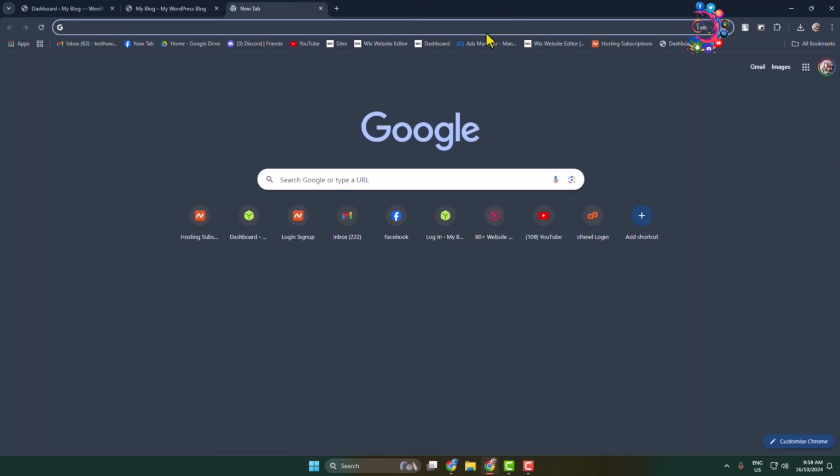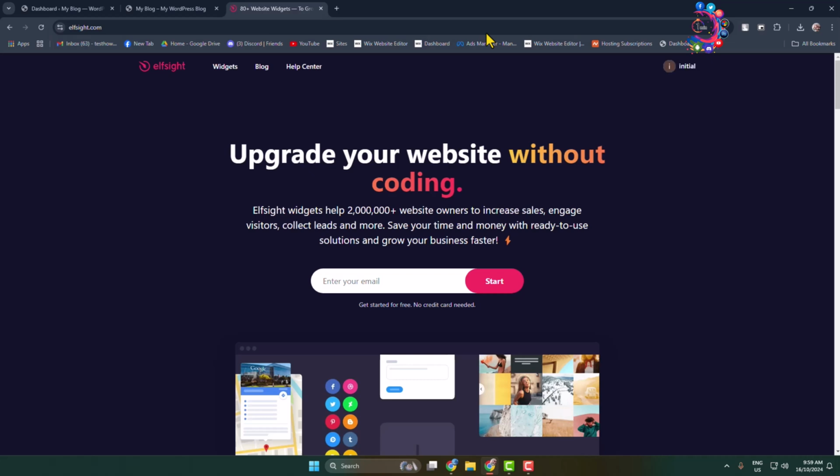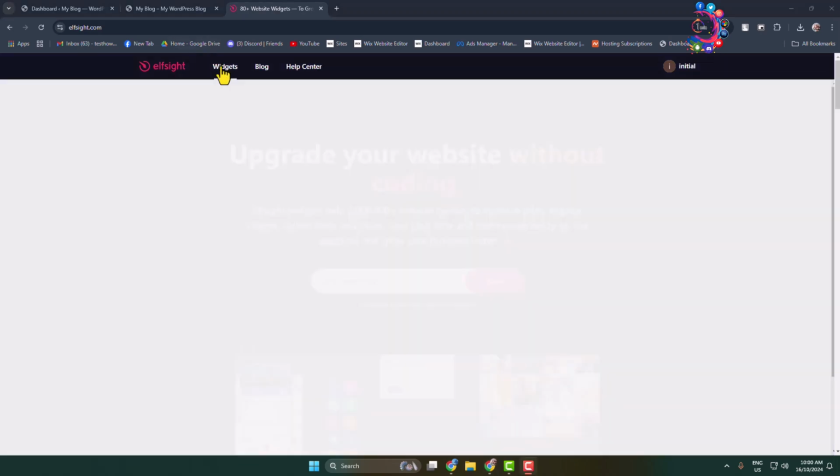Go ahead and open this website, elfsite.com. This is very popular website where you'll get lots of free widgets for WordPress website. Okay, if you're first time here, make sure to create a free account and then log into your account. Now go to widget